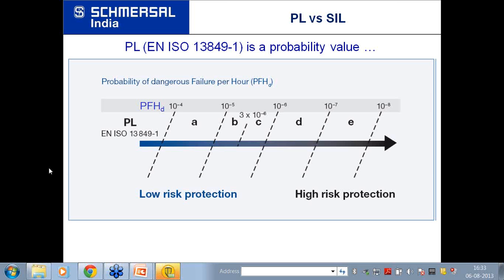Mr. G. Sivaprasad has asked, what is the reliability difference between optoelectronic devices and electromechanical devices? Optoelectronic devices are more intelligent devices because there is electronics and they can have a self-diagnostic feature.